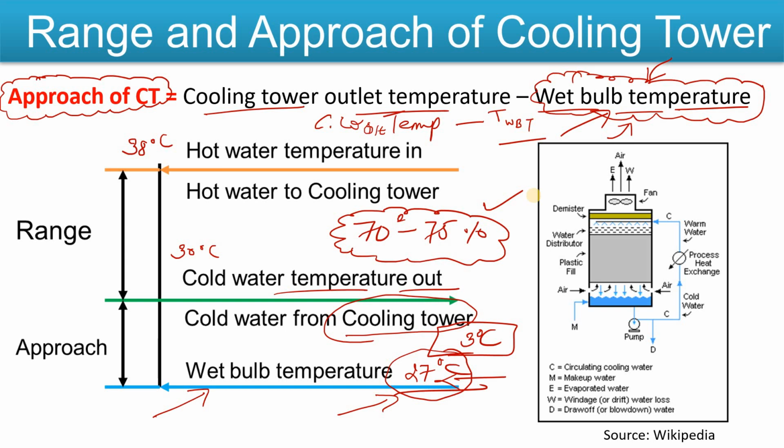So this wet bulb temperature is also very important while designing the heat exchanger, where the cooling tower or cooling water comes into the picture, right? So that is the significance of the wet bulb temperature. Now I hope you understood what the range and the approach are. Okay, and in our next video we will discuss how to calculate the cooling tower efficiency. When we calculate the cooling tower efficiency, range and approach come into the picture. Okay, so we will discuss that in our next video. I hope you understood about the range and approach of the cooling tower.